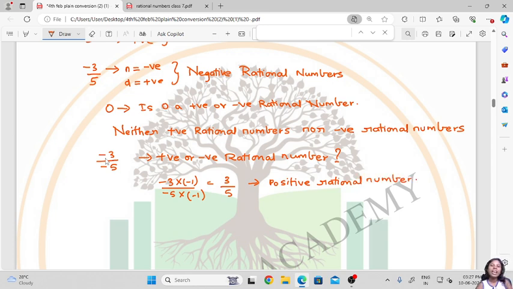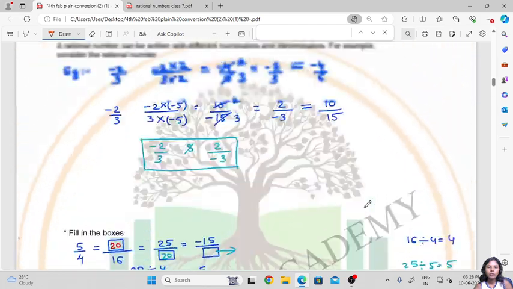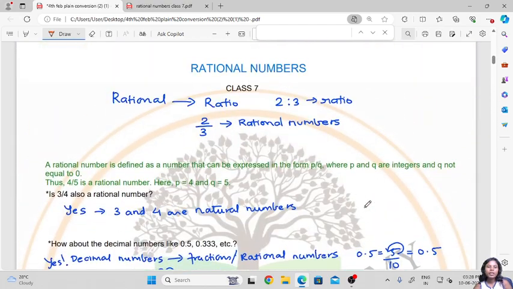So we have positive and negative rational numbers, and 0 is neither a positive nor a negative rational number. And when we have negative numbers in both the numerator and denominator, we say that they form positive rational numbers. So in today's video, what we saw was, we understood the meaning of rational numbers, how it